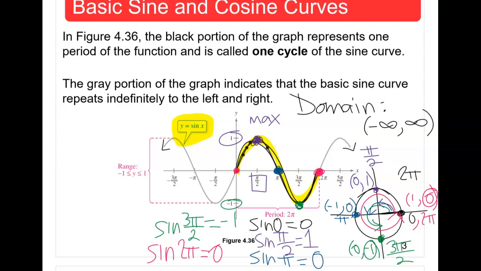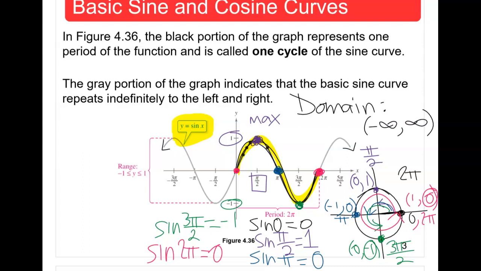So previously with the unit circle, our input was the angle measure, whether it was in degrees or radians, and our output was either the sine value or the cosine value. Now with this graph, our input is the angle measure as well, and the output is only the y value,